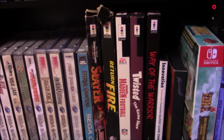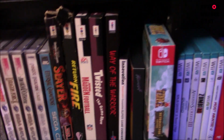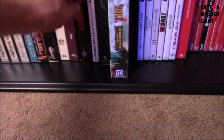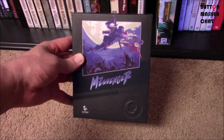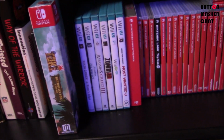Some 3DO games there. I mean, I don't really know. I know that Way of the Warrior is just a completely tragic game. It's a fighting game. Such a ripoff of Mortal Kombat, but kind of almost so bad it's good. The Messenger was the story behind that one that maybe I'll get into one of these days. More Wii U stuff, and then